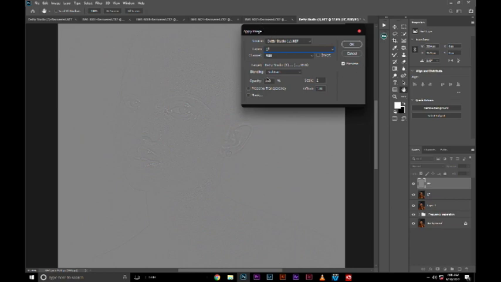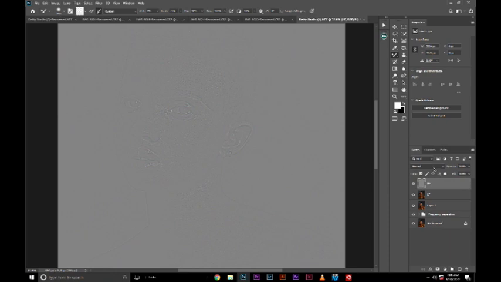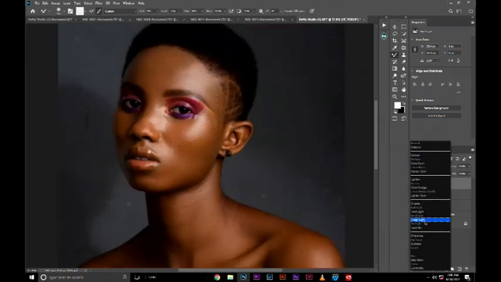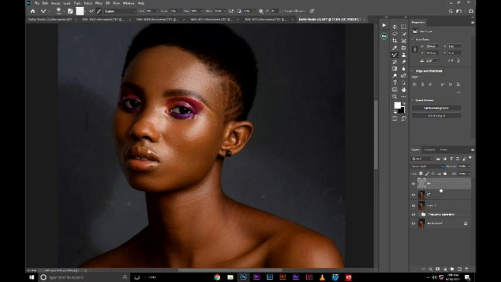So what I will do next is, after I select the layer, just maintain the rest of the options and hit OK. Then I'll come to the blending mode and change it to linear light. Then I'll group everything. I already told you how to group